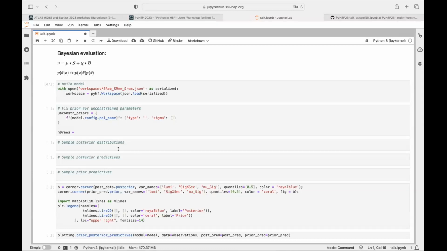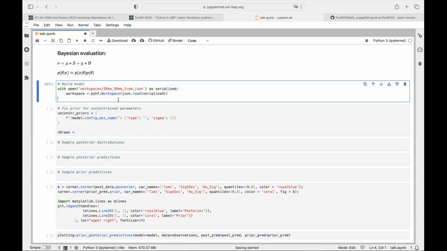The signal and background should be somehow theory motivated, but this is how we get the means of these Poisson distributed bin counts. And then again, Bayes theorem: posterior equals data generating model times prior. And these are the ingredients that we need for